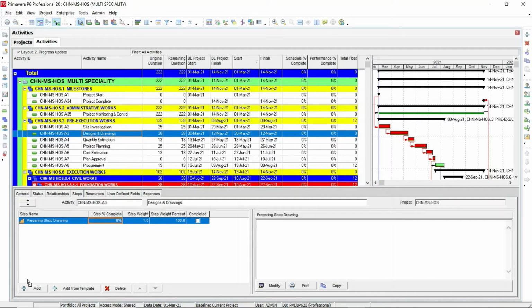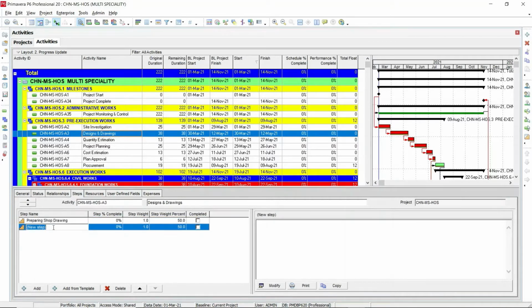Then the next step we are going to add is review shop drawing, let's say by senior engineer. Then you can add the third step, approval by technical manager.